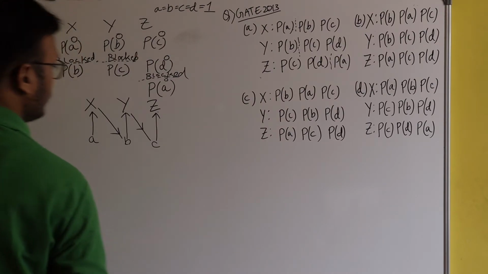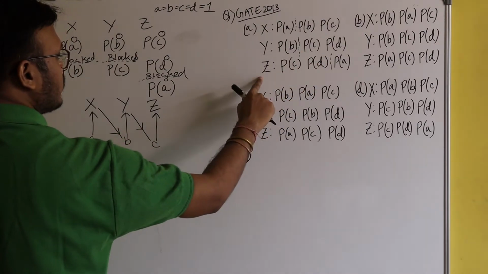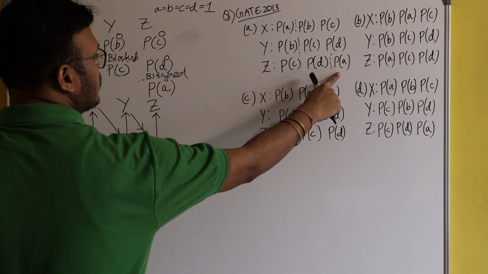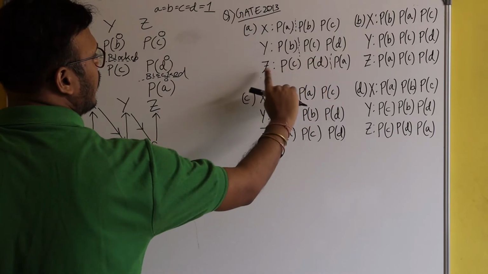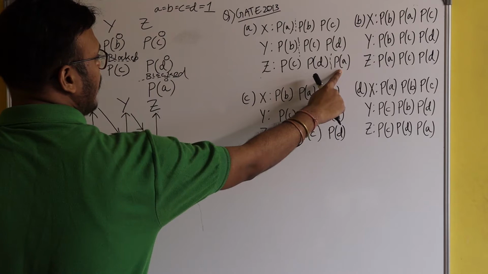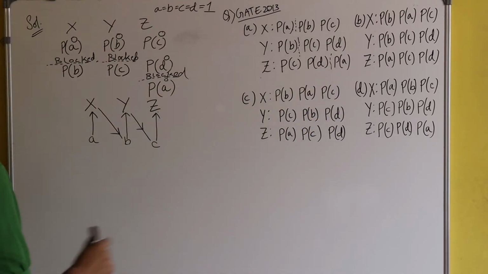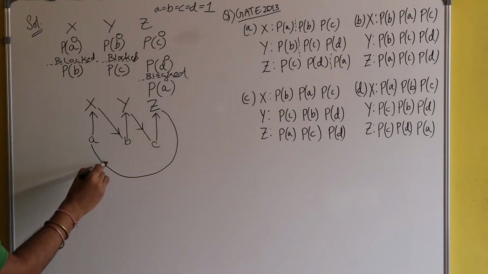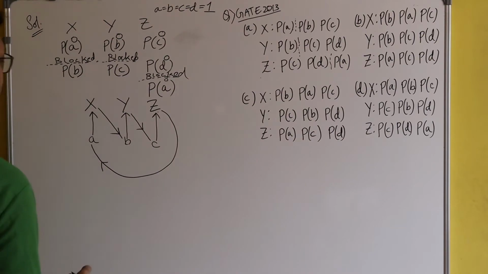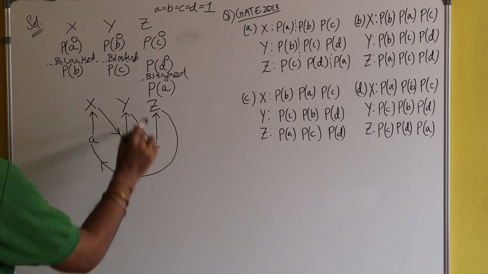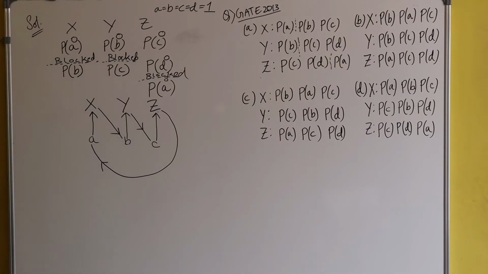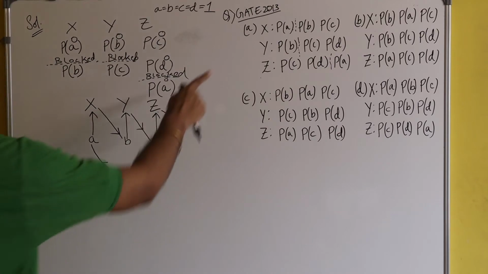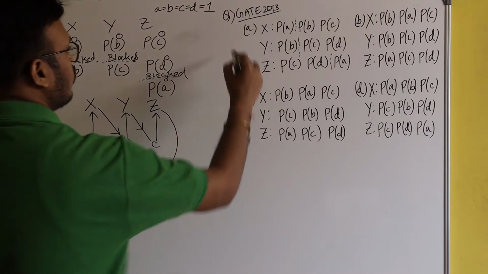You see here, forget about D. Process Z has successfully applied C, and after that suppose process Z needs to apply the P operation on A. So process Z will have to wait for A, because A is being acquired by X. So here you can see there is a cycle. It means all the processes are dependent on each other and all the processes are blocked. So you can see there is a clear case of deadlock in option A. So option A is false.